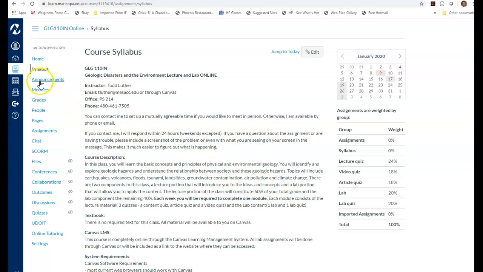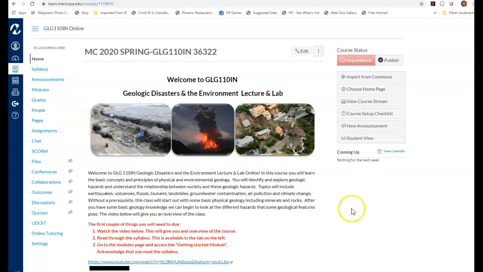So let's see, what else we got going on? If I have announcements, I'll send them to you here. The best way to get in touch with me is through Canvas, so you can jump to the inbox and email me questions or comments or things that you're concerned about, and I will get back to you as soon as possible. But hopefully it's laid out pretty logically and also consistently, so you know what to expect week to